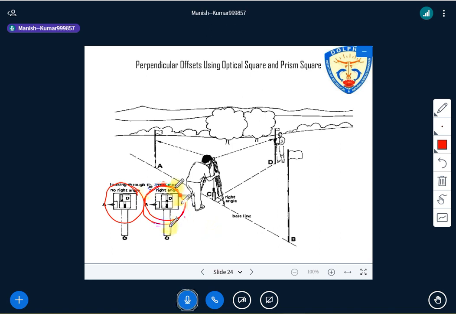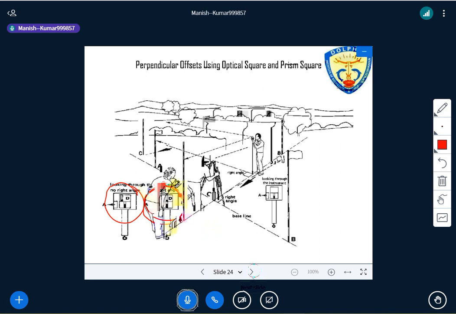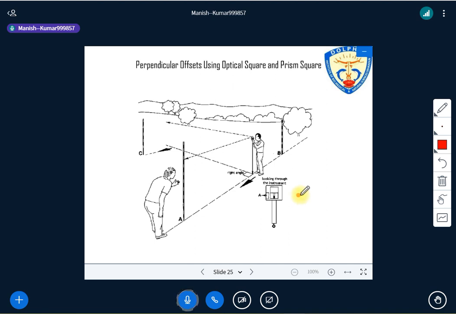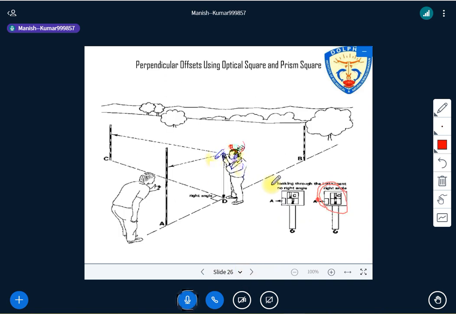Is it clear? Similarly, the same kind of practice is there. Just look at it again. You have to get this position only. Look at the person looking there. Since two mirrors are there, one image from here and one image from here come onto this instrument, and if they match like that, then we can say that this is our perpendicular position. So that is the right angle. The line can be drawn like that.